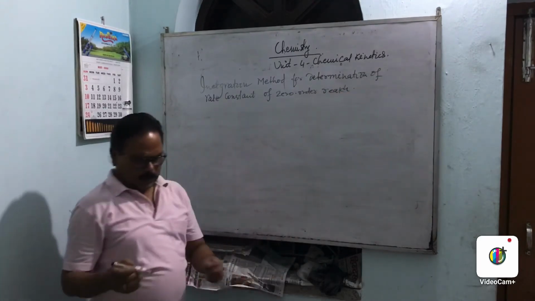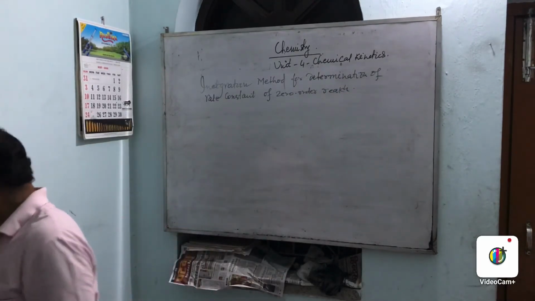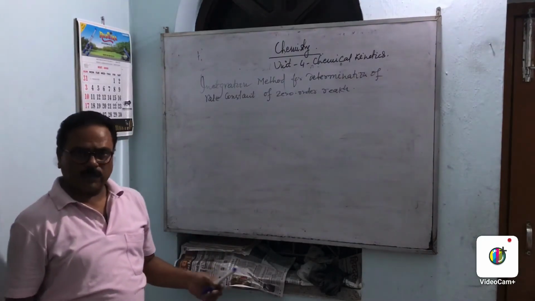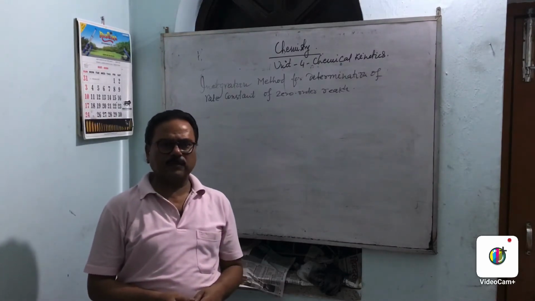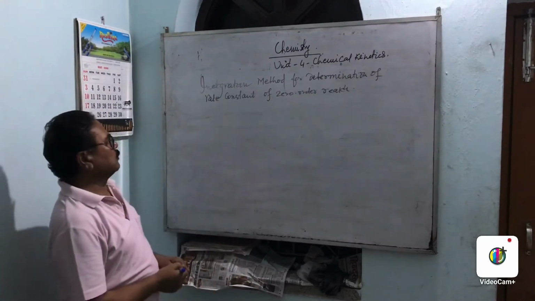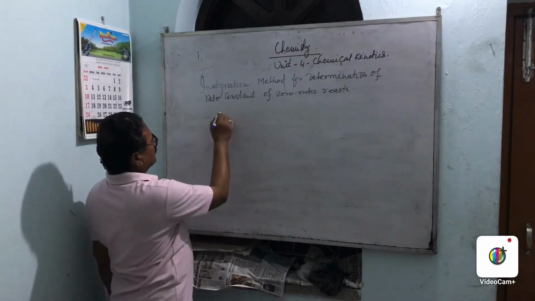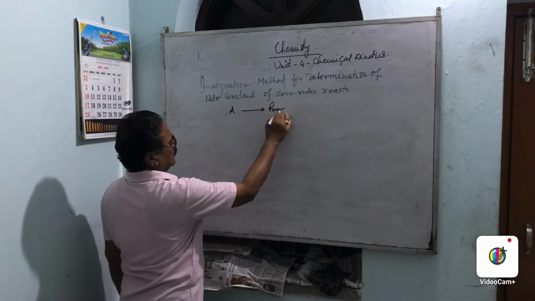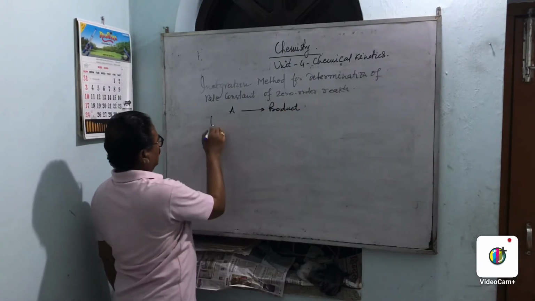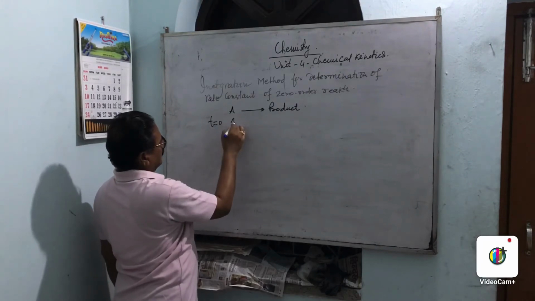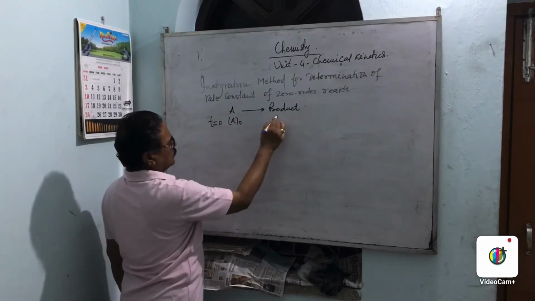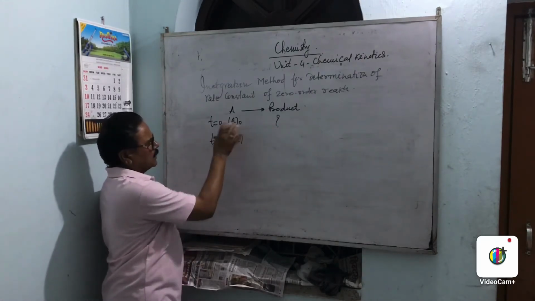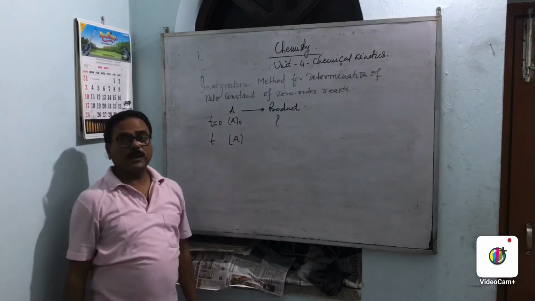Zero order reaction means, I had given you the example, the decomposition of ammonia over platinum as a catalyst under suitable conditions of temperature and pressure. That's an example of a zero order reaction. So we consider a reaction A, and that will give the product. At time t equals 0, this is the initial concentration, and no product is formed. Now in t seconds, the concentration of this reactant becomes A.